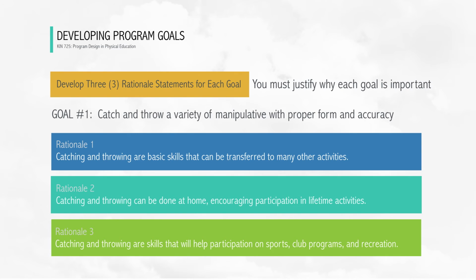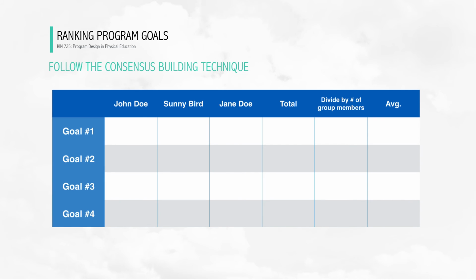And after you've developed your 6 goal statements and rationales for each, then you will determine your curricular team. Find out who has similar responsibilities, get together with those individuals, and once that's done, you will work on the consensus building technique. Here, you're going to create a chart, and as a group, you're going to list all of the goal statements that everyone has come up with in no particular order, and then each person is going to individually rate or rank each one of those goals in order of importance.